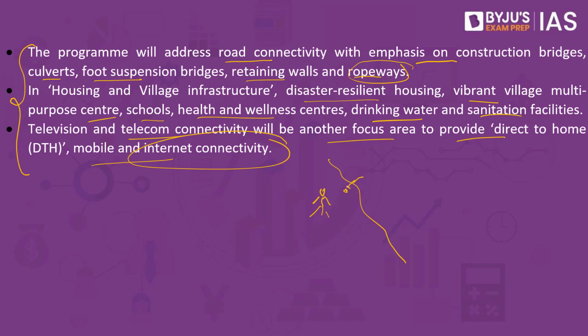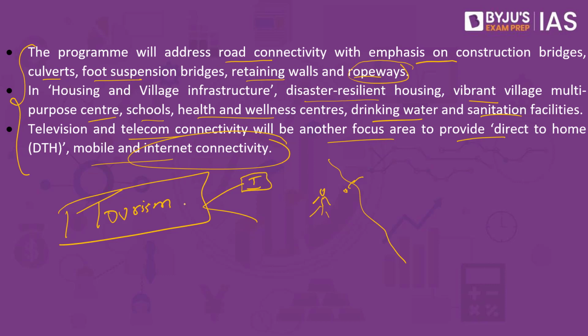Added to it, with the construction of all the infrastructure, the government also intends to boost the tourism in this part of the segment. So boosting the tourism in this area will be an add-on that the government has taken up. What would be the advantage of tourism? Once we have the tourism, what would happen? There will be development of this area. So the government intends we will provide all the infrastructure. So there will be infrastructural development that would happen. All the basic amenities would be provided, modern facilities would be provided, and since there is infrastructural development, people would start thronging to this particular area,